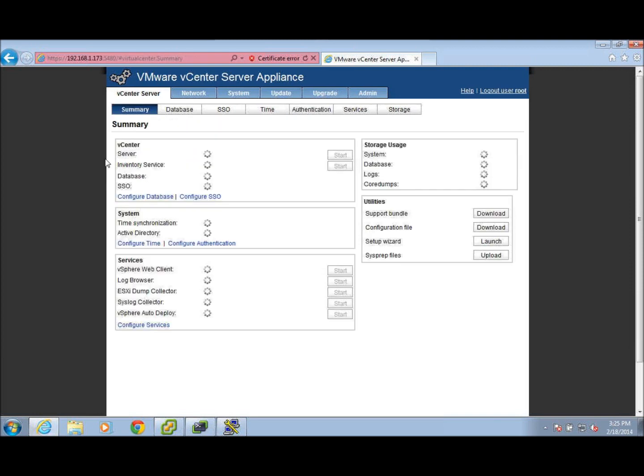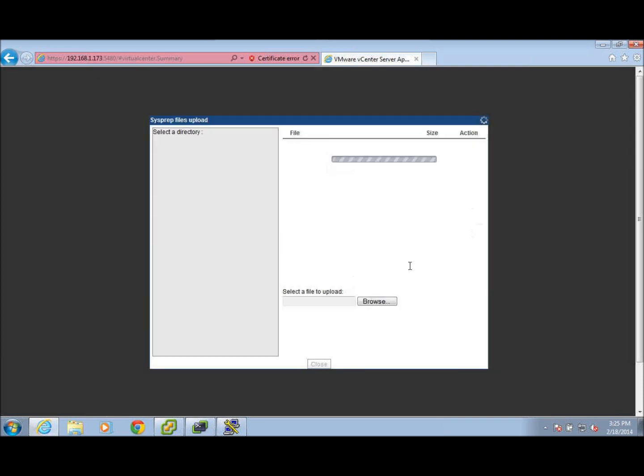Also, the other great thing is, although it's kind of old, you see where it says sysprep files here in the bottom right hand corner? I can upload, and I'll show you this piece later on, for Windows 2000, XP 64 and 32, for Server 2003, 32 and 64-bit, I can upload the old Windows sysprep files, which allows me to automate the Windows Server 2003 and XP cloning process if I am so bold to have an older OS. In my setup, in what I'm going to be showing you, I have a Server 2003 Windows machine,